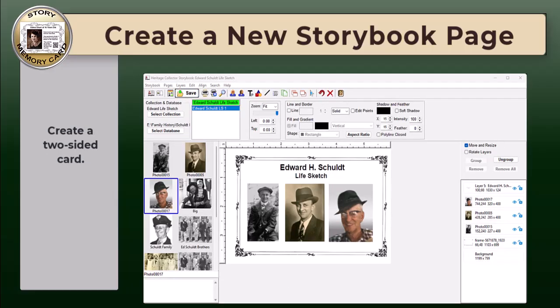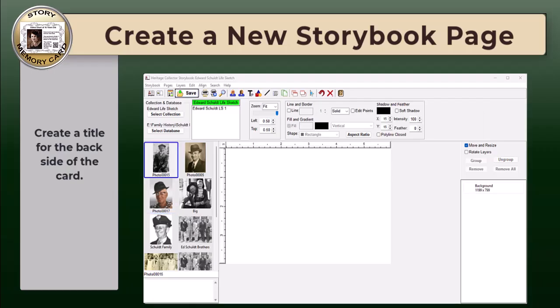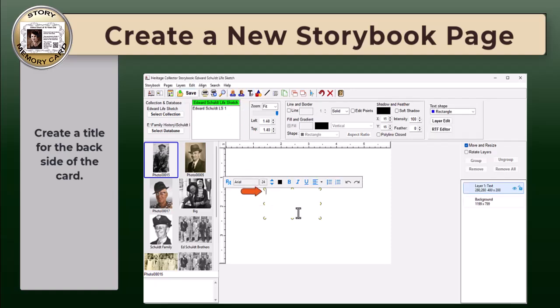I would like this to be a two-sided card, so I will need to create another page. Click the Pages menu and select New Page. The first thing that I'm going to do to the back side of this card is to create a title. So I will select the text tool, and I'm going to come down here and click and type Edward H. Schultz Life Sketch. I'm going to hit the Enter key. I'm going to type my name by